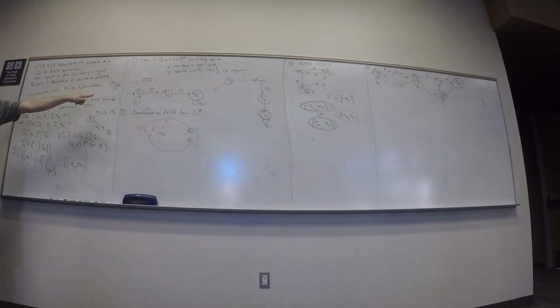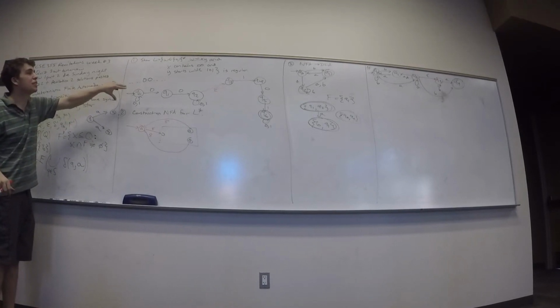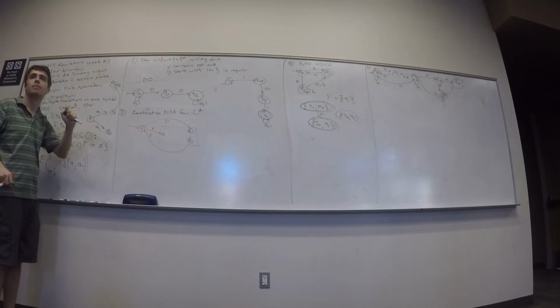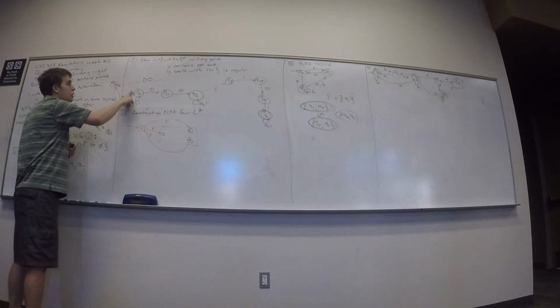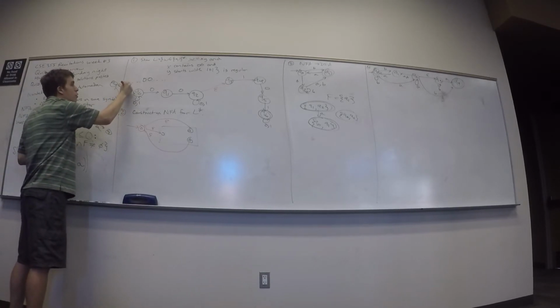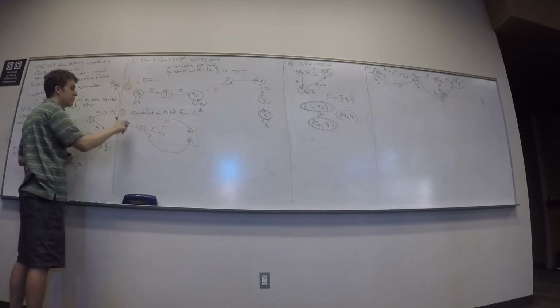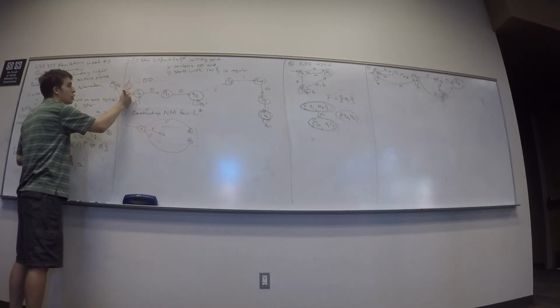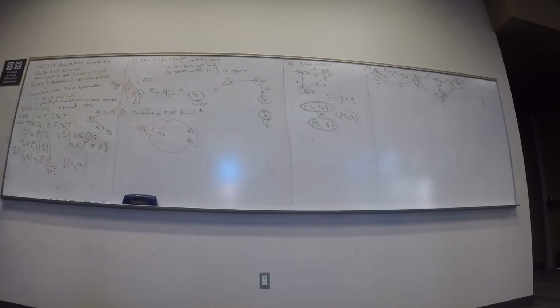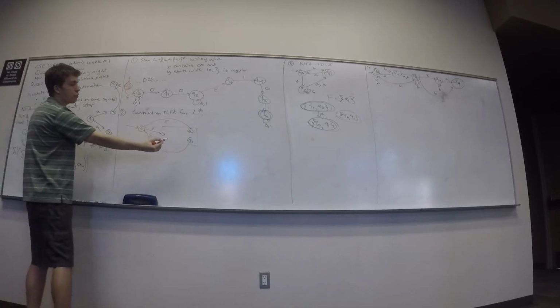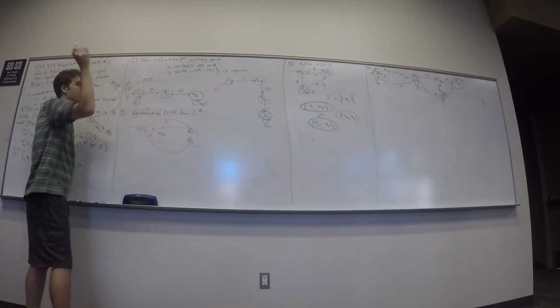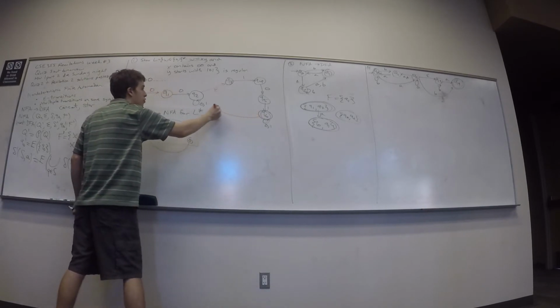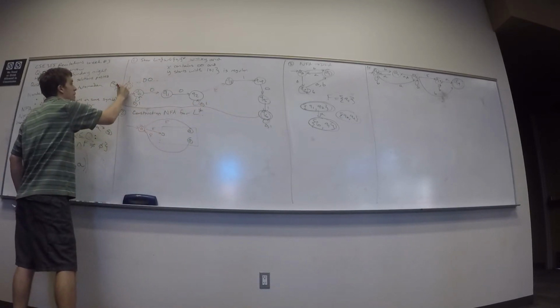So let's use that here. How do I make the star of this language from this NFA? I better make a new start state, right? I'm going to call it QS. Better make it final too, because it was final here. Epsilon transition into the old start state. Is that it? Oh yeah, I need that looping behavior from every final state back to this new start state. Good. So I need an epsilon transition back to there.